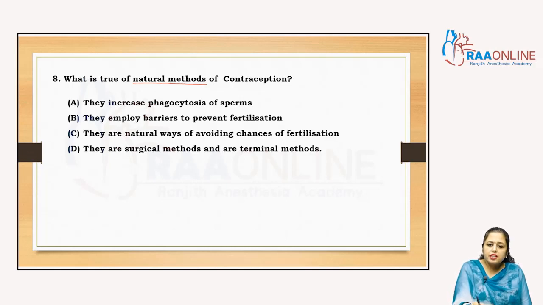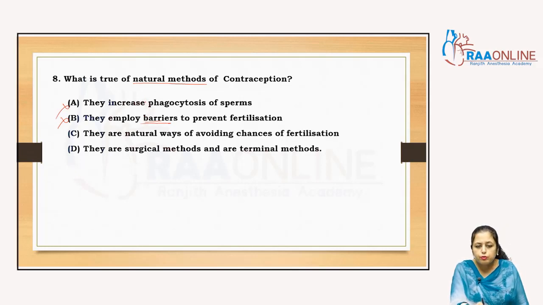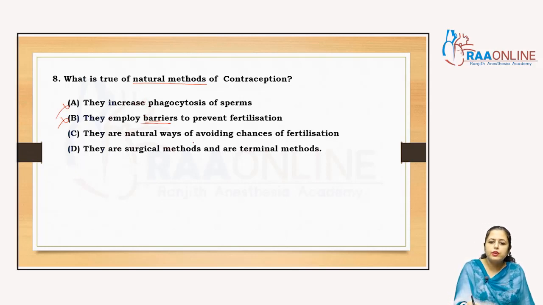So they increase the phagocytosis of the sperm. No, they employ barriers to prevent fertilization. No, it's not the natural method, it is used by the barrier methods here, right? This is the chemical method, this is used in the chemical method. They are the natural way avoiding the chances of fertilization, yes, and they are the surgical method, no, right? So this is the surgical method, barrier method, chemical method, and that is the natural way to avoid the chances